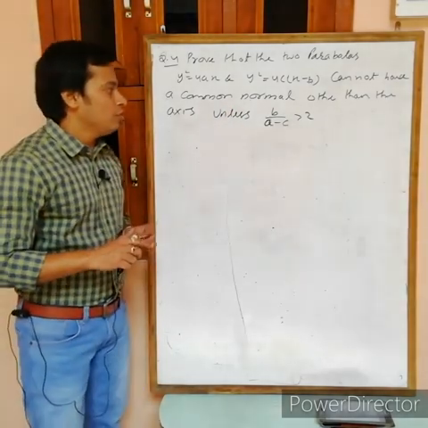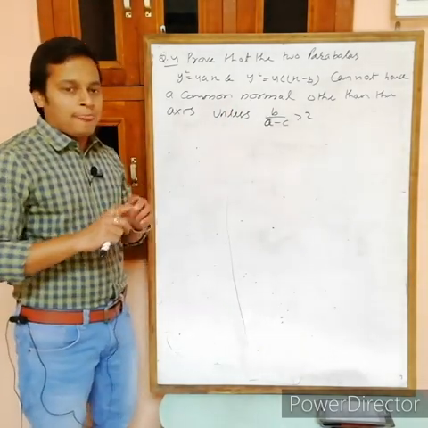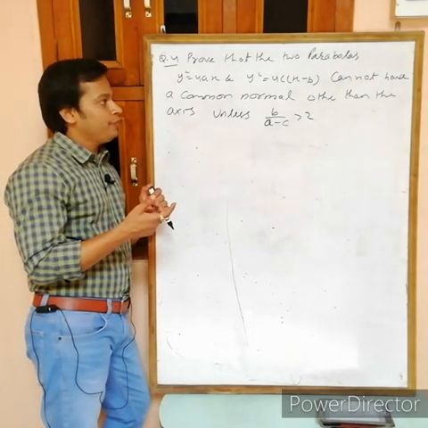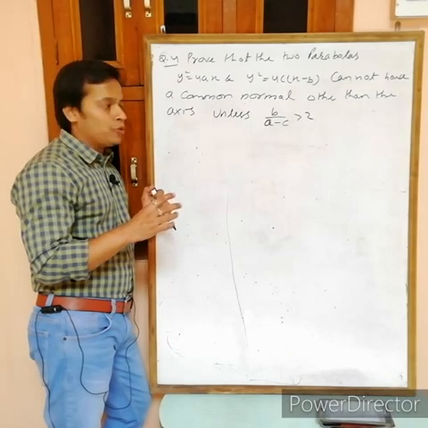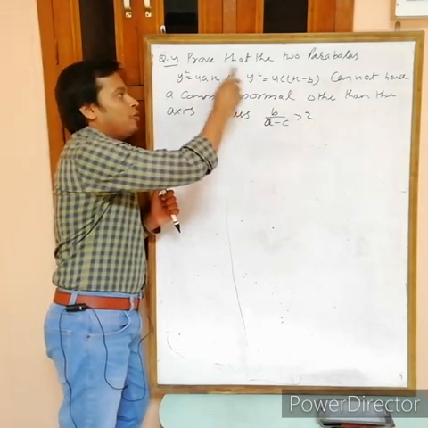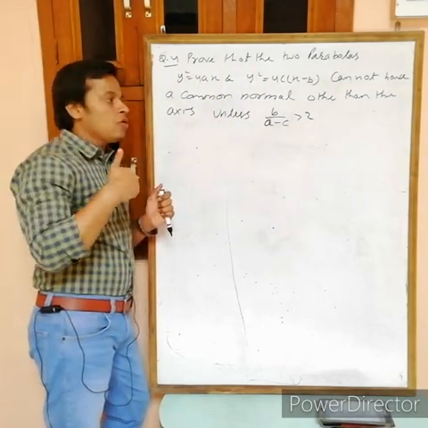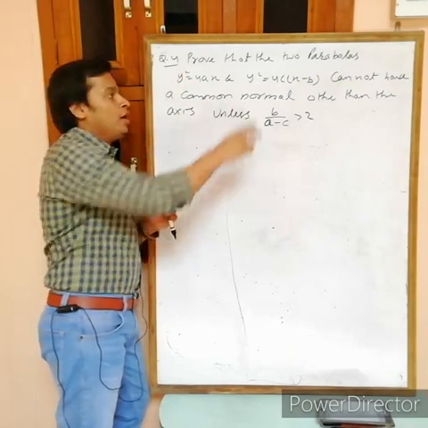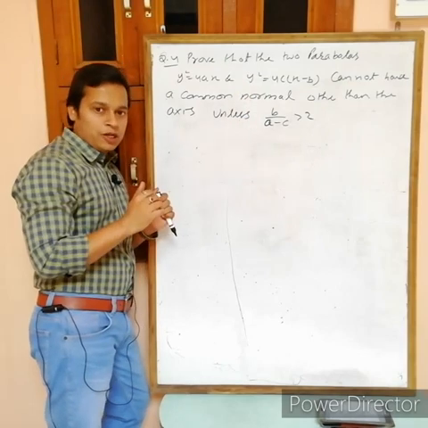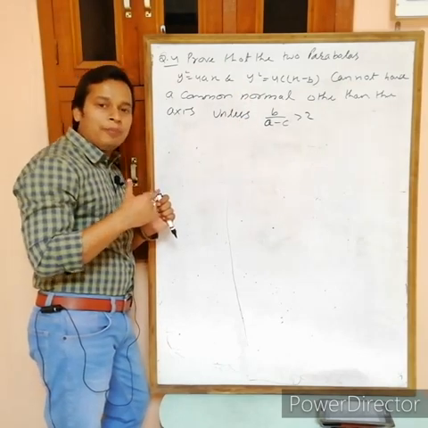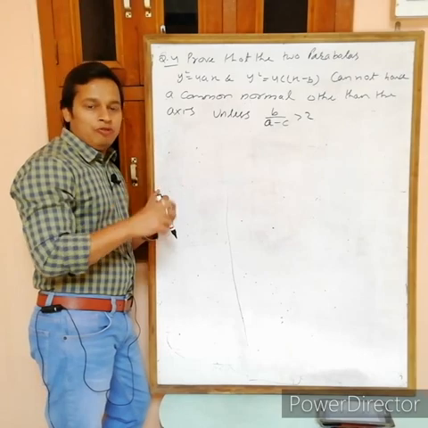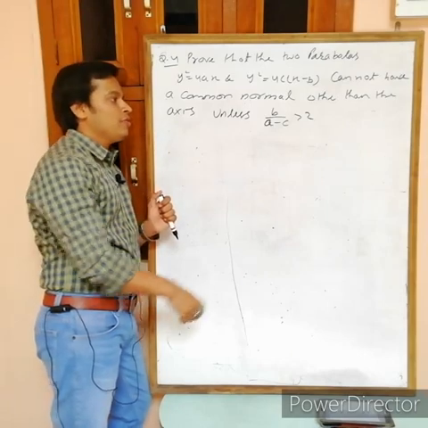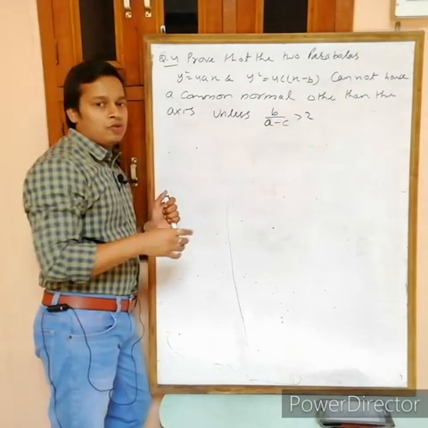So just simply, to complete this question we have to find the condition of common normal. How to find it: just find the equation of normal for this parabola and the equation of normal for this parabola with the same slope and compare both. When you compare, you will get a relation, and for that relation you have to prove that this is the condition to become true.